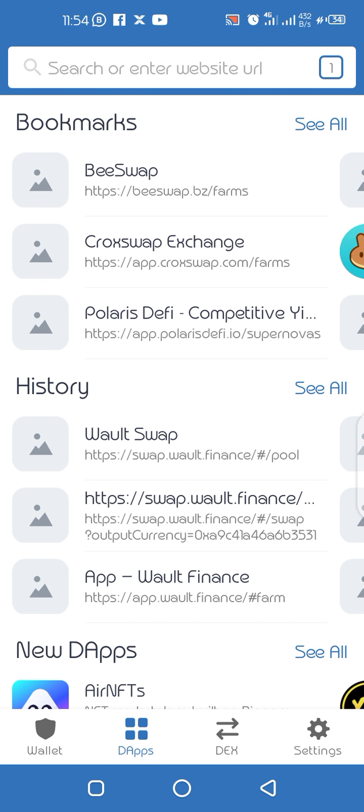You get it? So we can use the BSwap, if the tokens are supported in there. We can use CrossSwap. We can use Polaris DeFi. We can use Pancakeswap. We can use Bakeryswap. So many. We can use Wault.finance. The one I prefer most is Wault.finance, and the website is swap.wault.finance. So you type in there